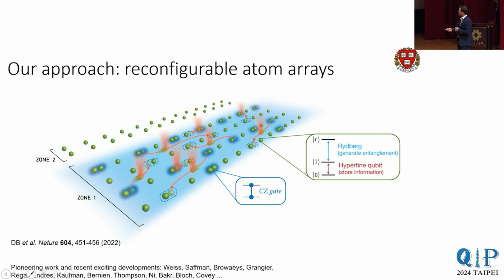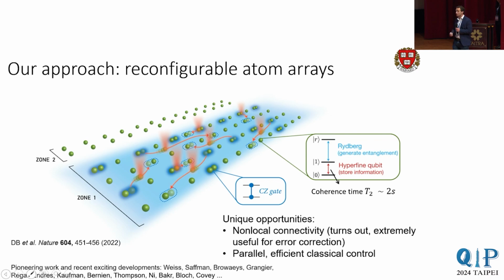And what this system looks like is we have neutral rubidium atoms that are trapped inside of optical tweezers inside of a vacuum chamber. And these tweezers can be, for example, in multiple zones. The qubit is stored inside of this long-lived hyperfine qubit. It's an electron spin, effectively, inside of this atom that has very long coherence times on the scale of seconds. And then to entangle atoms, we zap them with a laser beam that excites them to these so-called Rydberg states, these very high-lying orbital states that get them to quickly interact and entangle. And the coherence is so long in the system that we can move the qubits around in the middle of the quantum computation while preserving coherence.